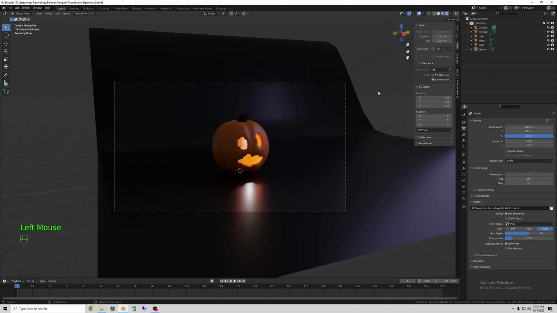So you can, at this point, either hit F12, which will start the render, or you can come up to the very top left of your screen here, hit the render button, and hit render image. And you can see here the hotkey is F12. First thing, though, I'm going to save because I haven't in a while. Also, when you're using Blender, don't forget to save all the time. It does happen to crash, especially if you accidentally set a setting too big or out of range. It'll crash it, so save a lot. But I think we're ready to render, so let's see how this looks. I'm going to hit F12,